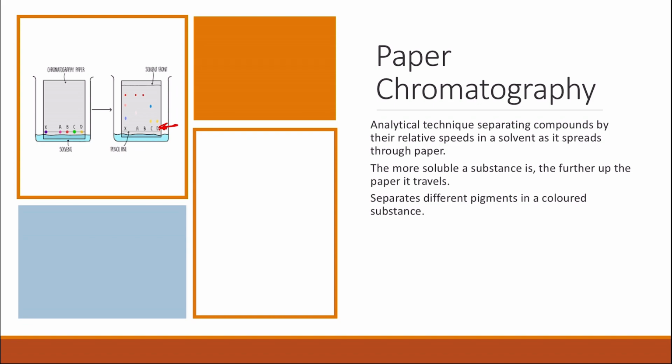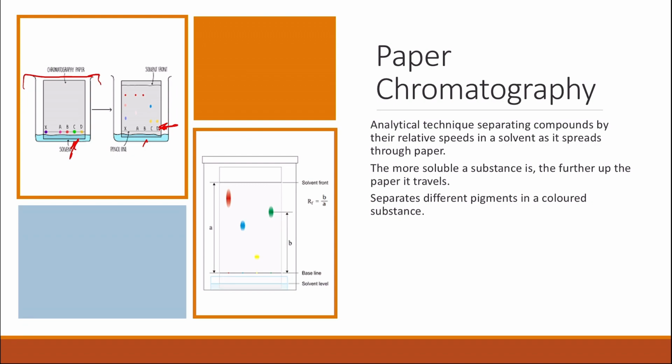You have a beaker, you put the mobile phase in the beaker, and then you put your paper inside the beaker and make sure that the starting line is above the level of your solvent. You need to cover the beaker to make sure that the solvent doesn't escape, and then you leave the paper in the solvent, where the solvent will travel through the paper, carrying the different spots and separating the different components of the mixture, as each component in the mixture will have different solubility in the solvent and will